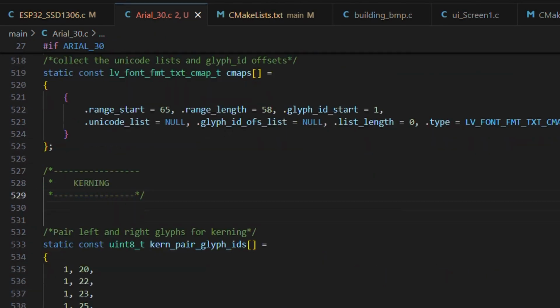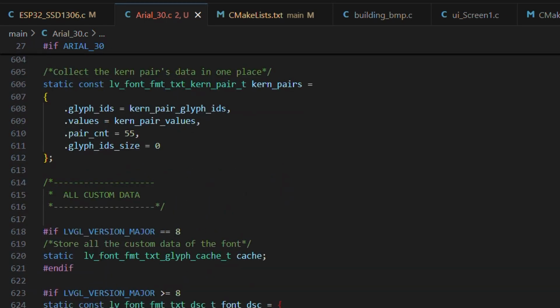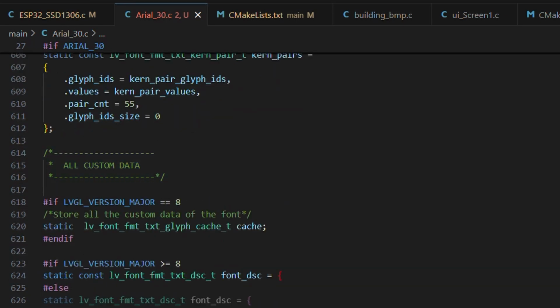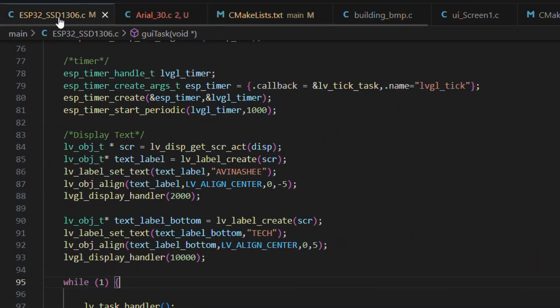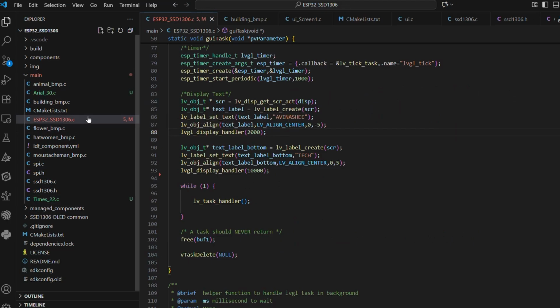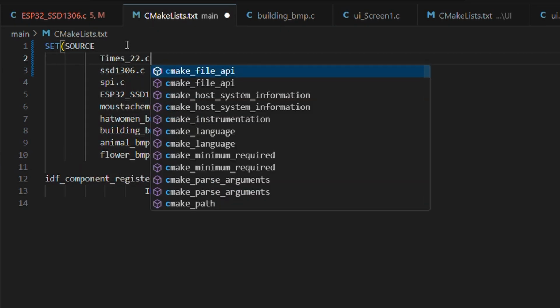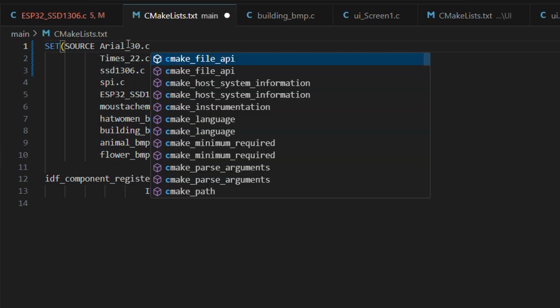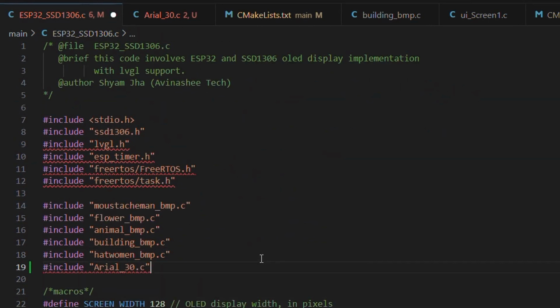You will also notice kerning or spacing rules between letters and some other font metadata. Next, I will make sure these new font files are indexed during build by adding them to the CMakeLists.txt file. After that, I will include the .c files inside the main ESP32 source file.